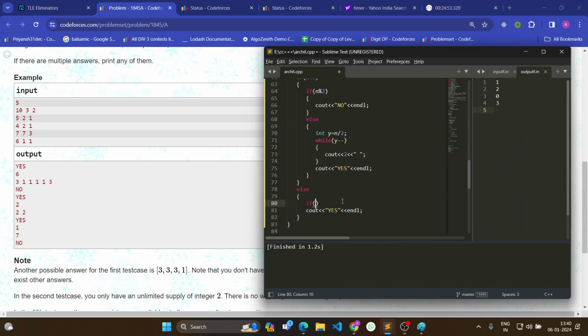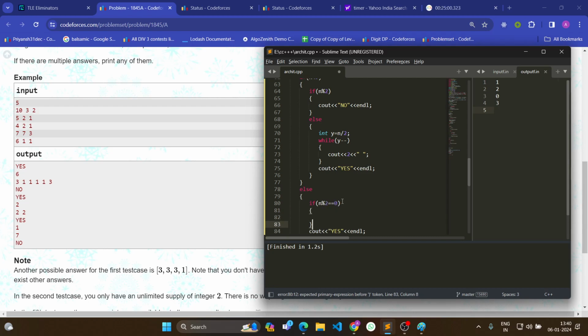If n mod 3 is equal to 0, okay, in that case we don't need a 3, right? So I will just do while n